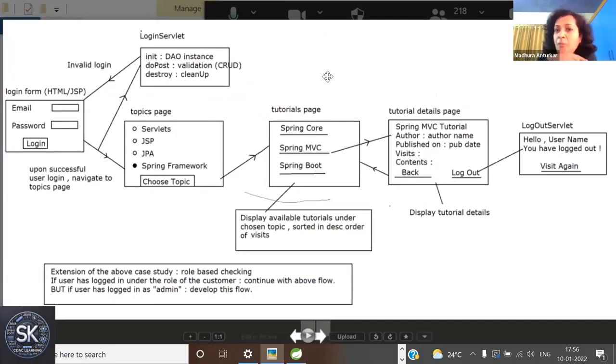Has everyone opened it? I hope nobody's working on anything parallel, because otherwise you will miss out on some instructions. You are not going to understand too many things, but at least the flow will be clear. So everything starts with a login. Later we are going to have admin login, user login and all that. Currently, let us imagine that what we are developing is a content management system online, of course, a web application. The user is the one who wants to read the tutorials. You have so many tutorial sites, like DZone or GeeksforGeeks, for example. A similar site we are building.